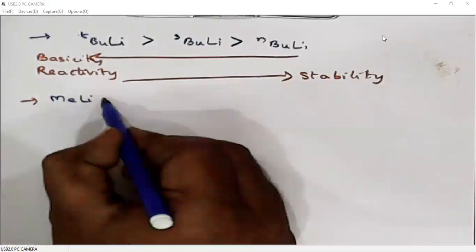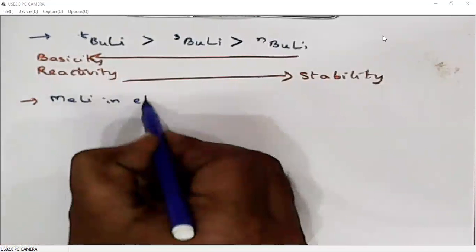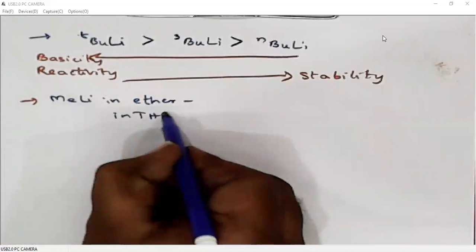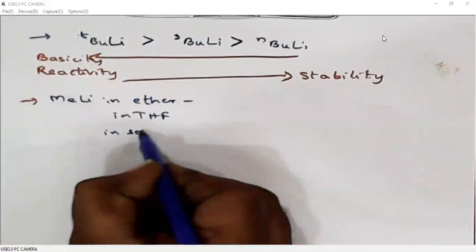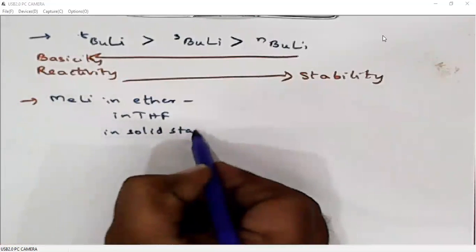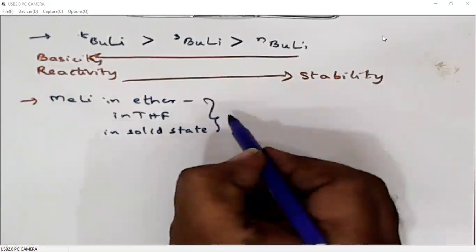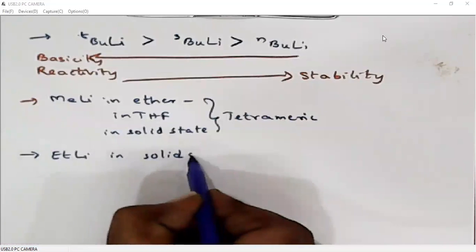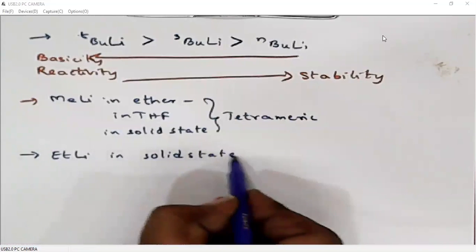Methyl lithium, in ether or in THF or in solid state, generally exists as a tetramer. So its structure is tetrameric in either THF or solid state. Ethyl lithium in solid state, it is tetra